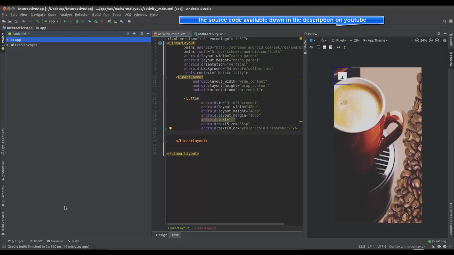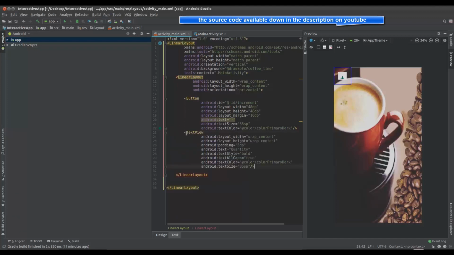And after that, we need to add a text view for the quantity. So we can add the text view here inside this linear layout. So here we can add a text view in this way. This text view has a width and height of wrap content, and I'm choosing padding equal to 5 dp, and the text is quantity for the quantity,